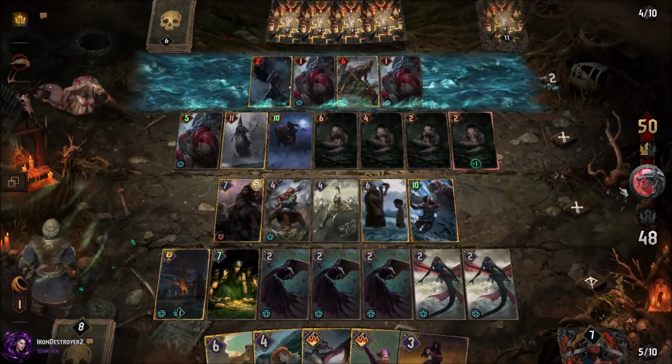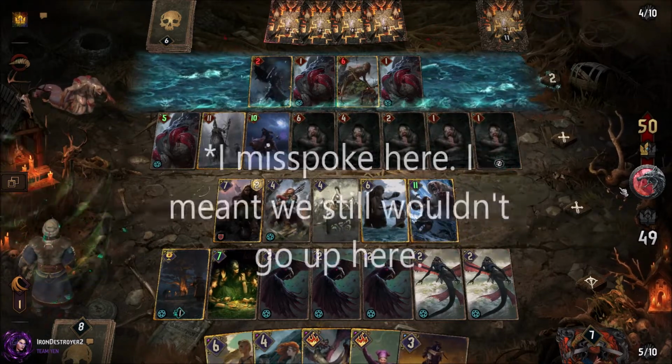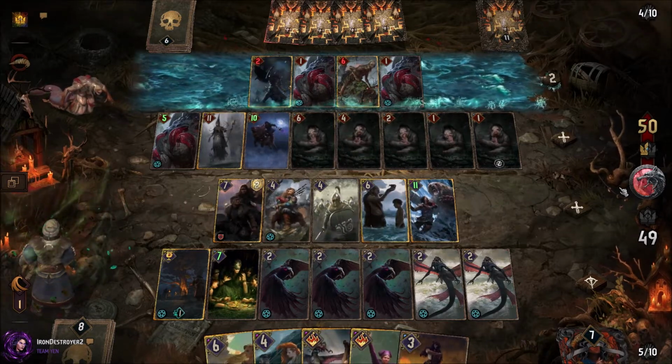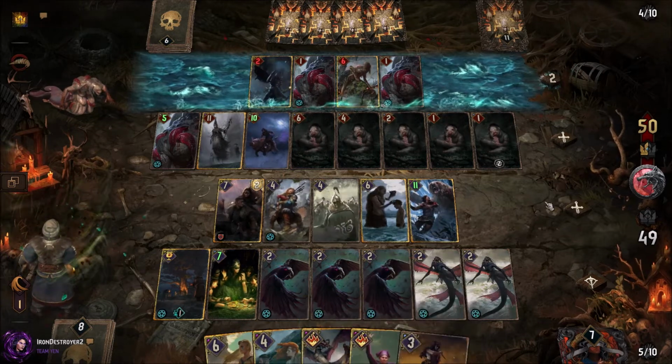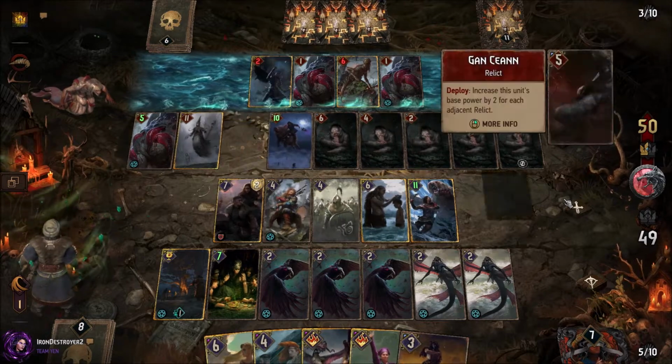Now here he could pass, and we're still not quite up. If I did the melee row with the Storm, we would go up here. However, I thought he would continue pushing, and it looks like he's going to. So at this point, offering to the sea is just a massive swing, and at this point we secured the round with our Dagur, so I'll